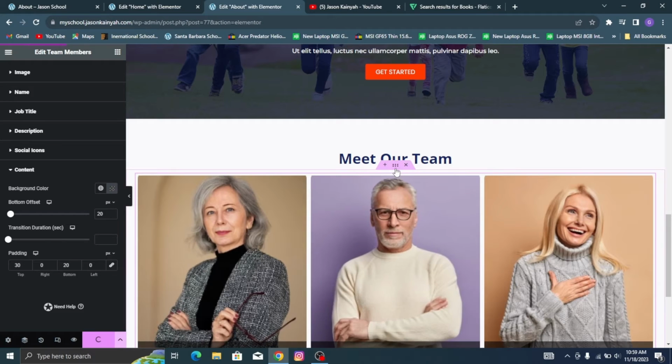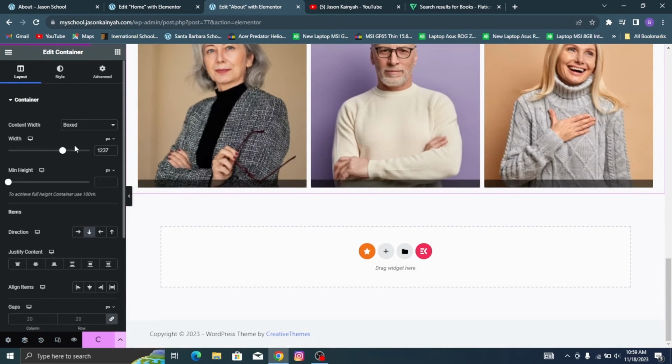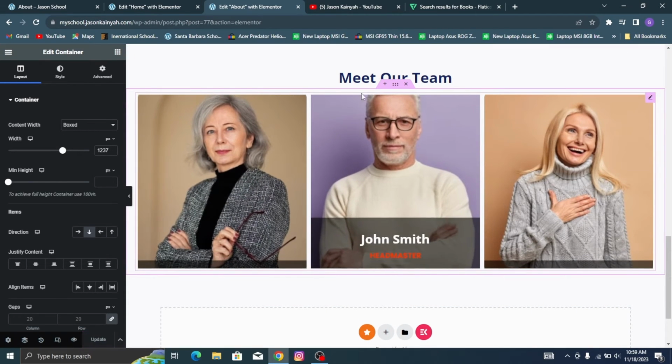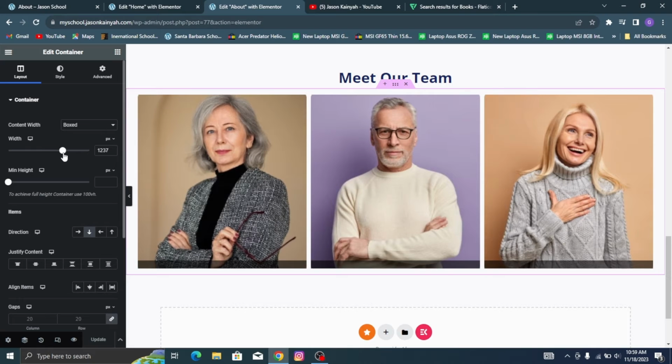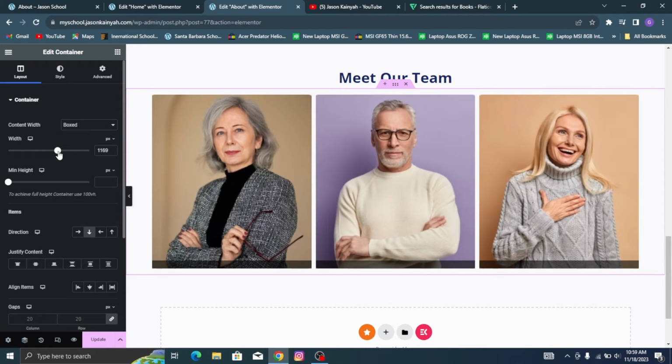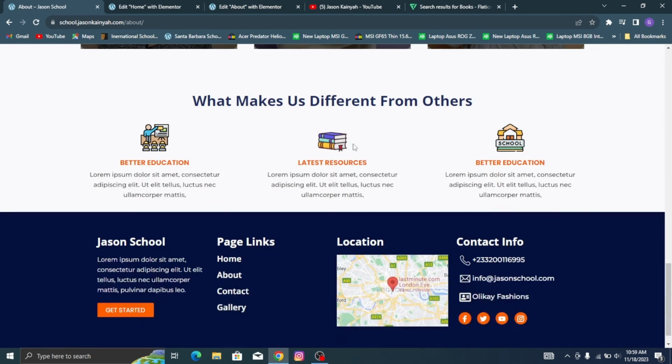One thing which we should reduce is the width. I think we should reduce that a little bit more. So the width of the main container, right? So select the main container, and over on layer, just decrease the width a little to like this. Then just click update. Now the last block in the about page is this block, and we already built that